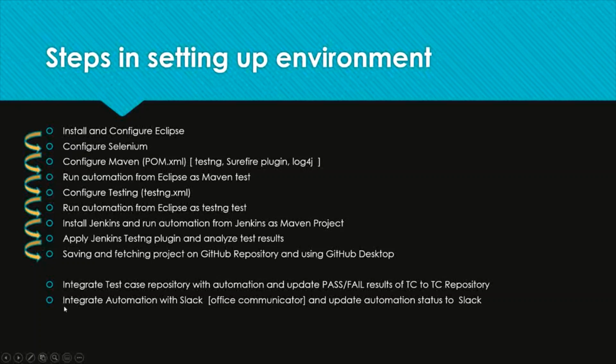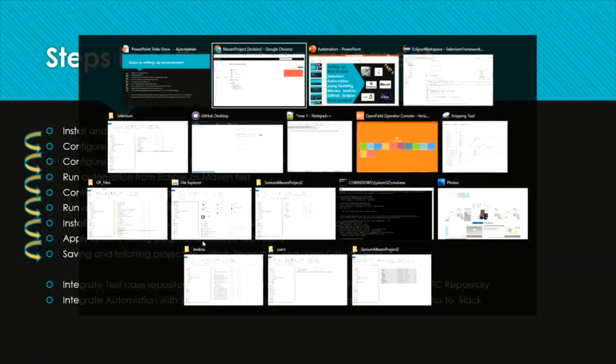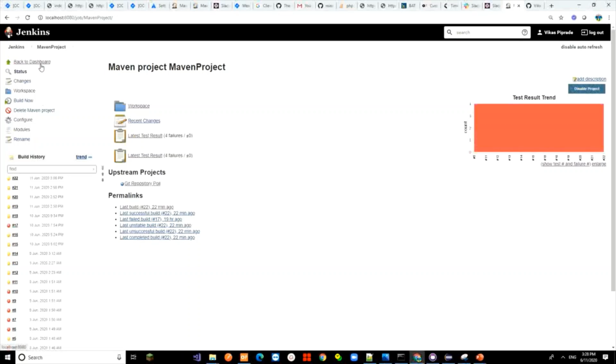Complete. Today we are going to see the integration of Slack, which is kind of an office communicator, integration of Slack with our project. So with Jenkins, you can say. So what I mean is that this is my Jenkins and this is my